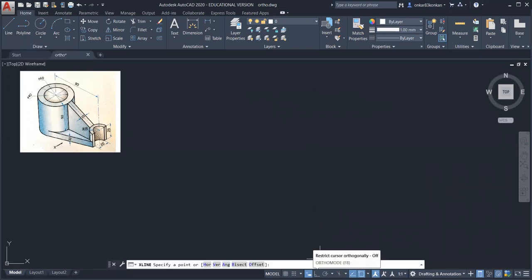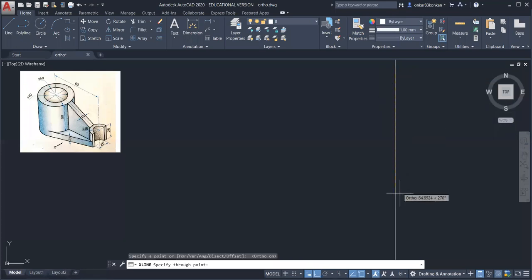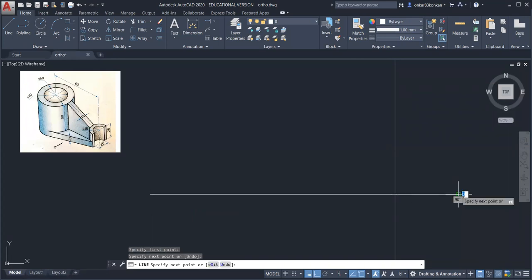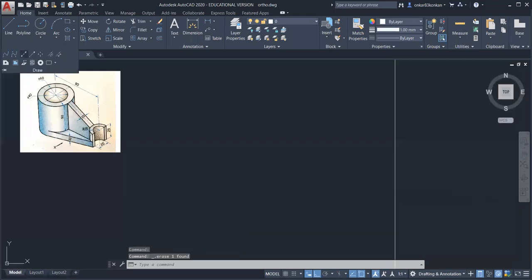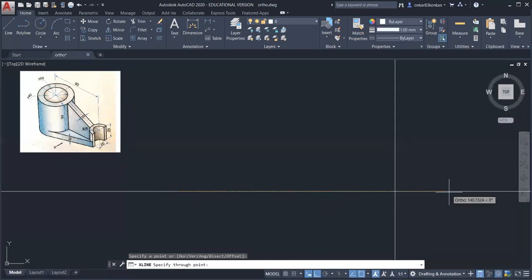Okay. So here we can select the construction line and turn the ortho mode on so that you can draw vertical and horizontal line. And for the construction line, we need to select just 2 points. So select the first point and select the second point, then press enter. For the horizontal line, select first point, select the second point, select the construction line, select first point, second point, and then press enter.